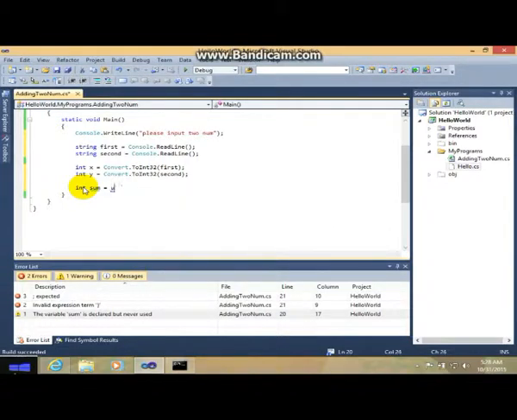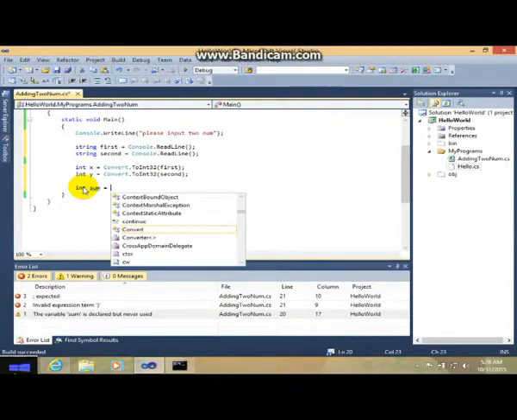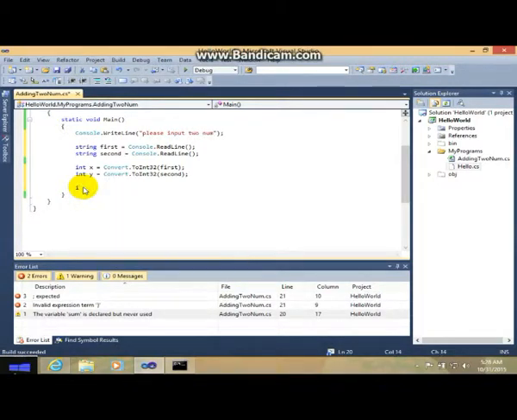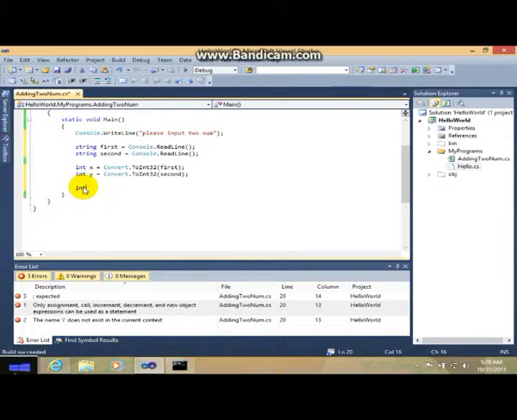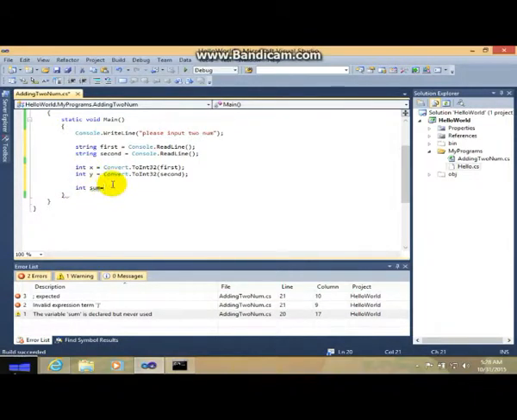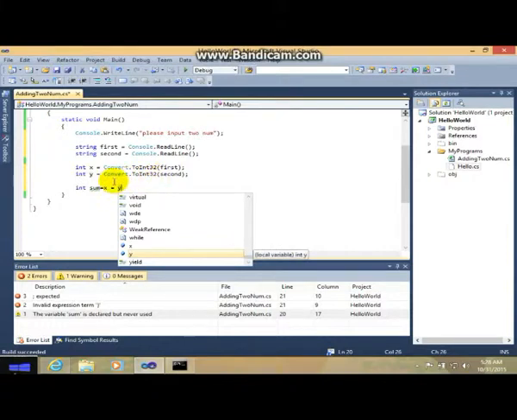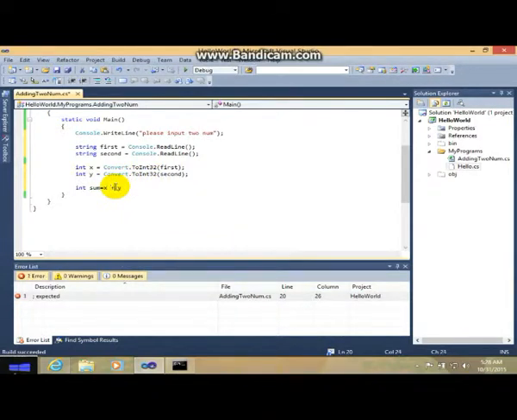Sum equals, we need to add this first, x plus y, it should be plus.